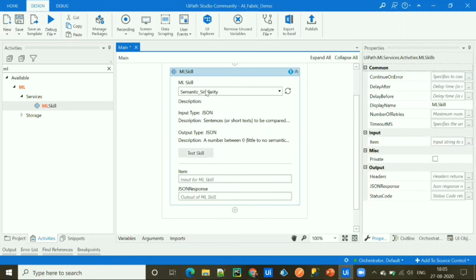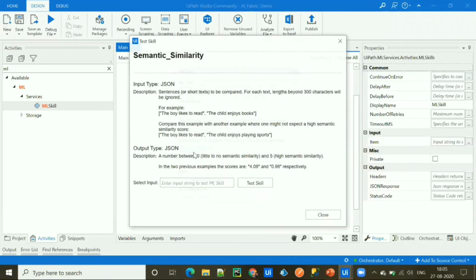We can also test our ML skill here. To do that, we need to click on test skills, and it shows how we can test this ML skill. To test it, we need to provide two sentences to check the similarity between them. Make sure to provide the input in the same format it is asking. To check the similarity between two sentences, we need to provide the two sentences in square brackets.